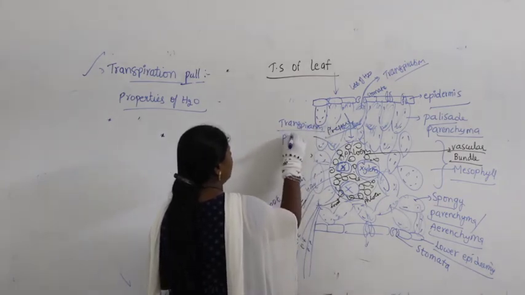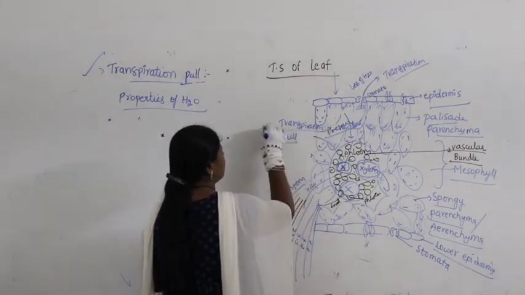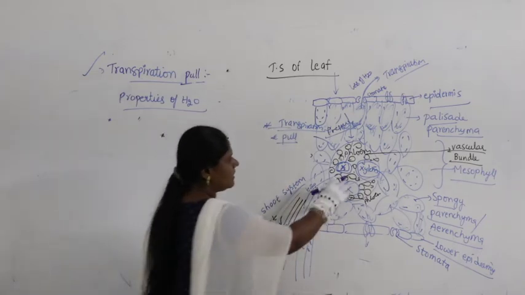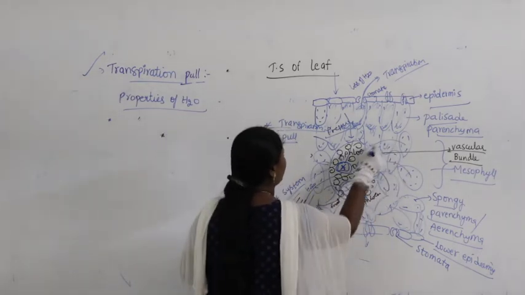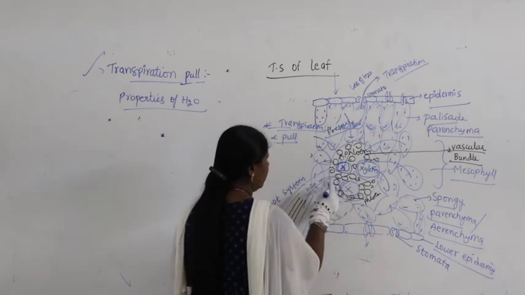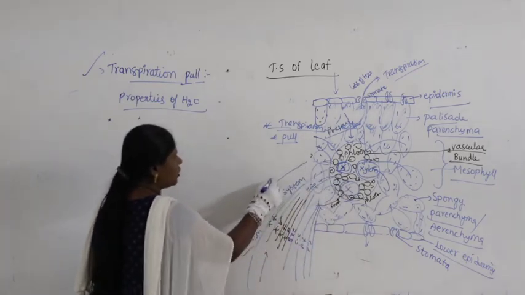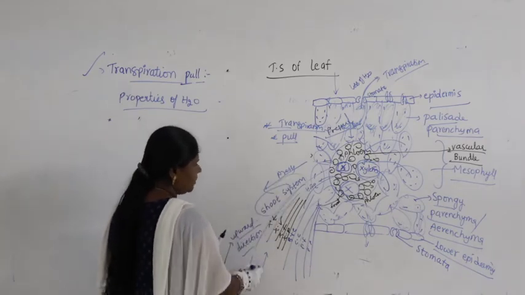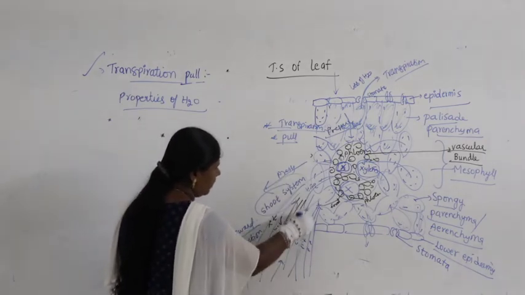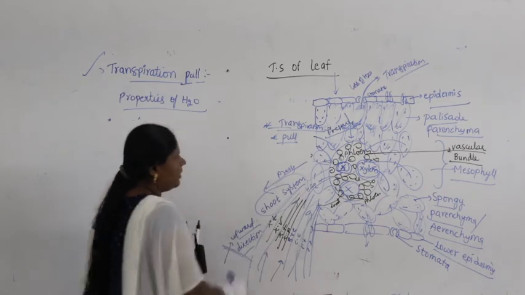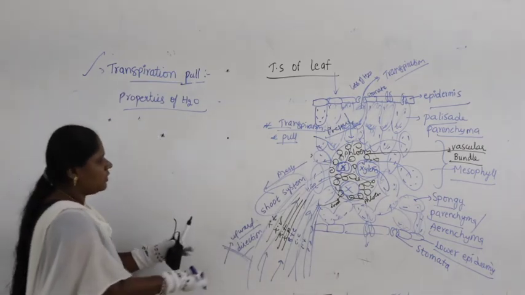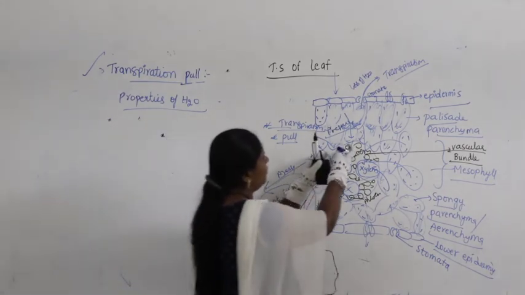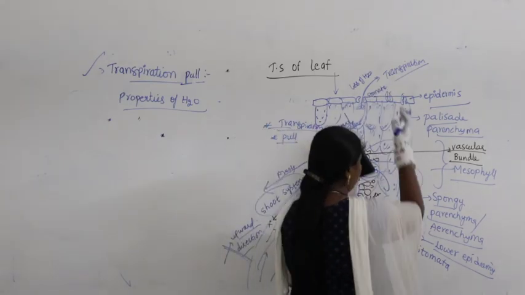That pressure is called what? A transpiration pull. All cells apply pressure on the xylem and phloem because they need water. This applies large pressure onto the shoot system, so that a large quantity of water is taken in an upward direction. So when water is moving from the shoot to the mesophyll and being lost through stomata, there is